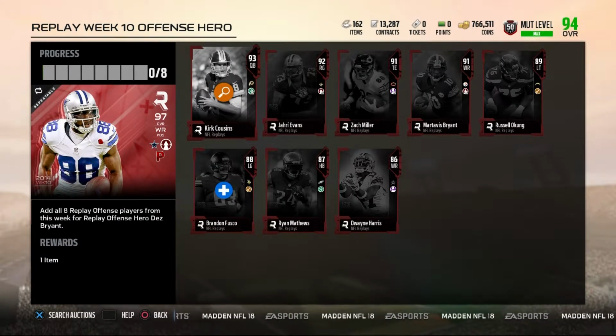They did just drop We Play Week 10 for the NFL replays, obviously, and we do have Week 10 offensive hero and defensive hero. Offensive hero is Dez Bryant, which is oddly weird how that happened because, obviously, he was just released. And the defensive hero is Marcell Dareus. We'll show those guys at the end, but right now we're going to go through